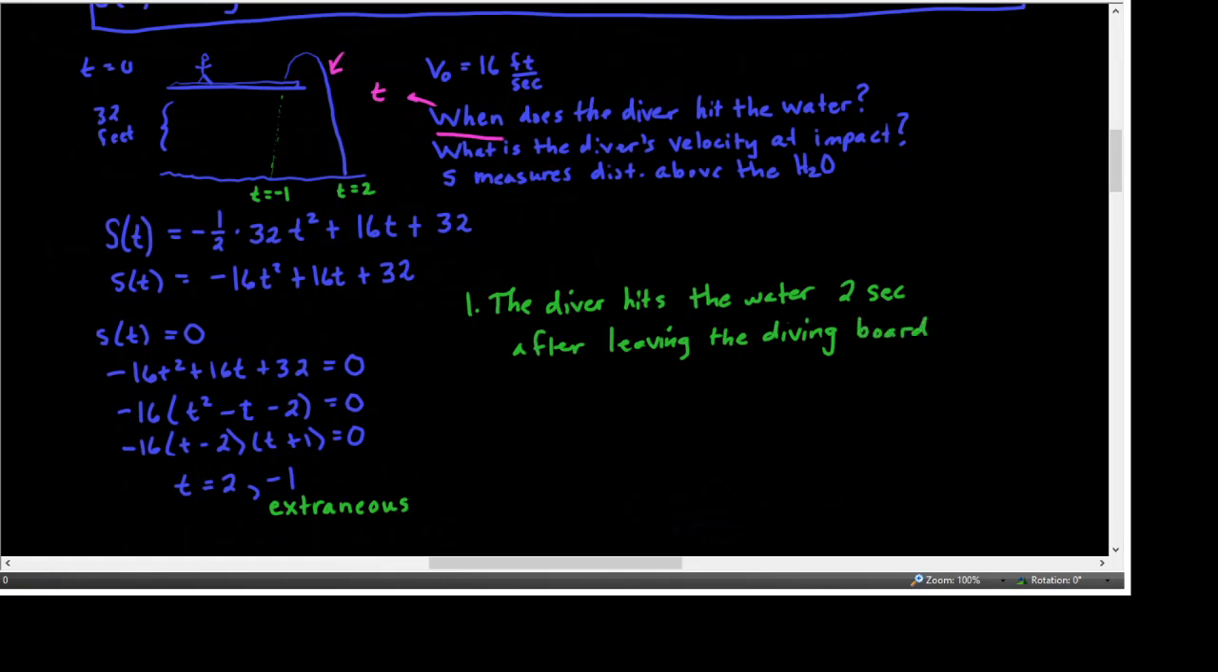Okay, on to question number 2. I guess I should number these up here. They weren't numbered in the notes, but I'm going to number them just for convenience. So what is the diver's velocity at impact? Since we have the position function right here, the velocity, which is what we're asked about, is always going to be the derivative of position. Using the differentiation rules, that will be the constant -16 times the old power times t to the power reduced by 1. 2 minus 1 is 1, and I'm not going to write the power of 1. Plus 16 times 1, or just 16, plus 0. So the velocity function, the derivative of the position function, is equal to -32t